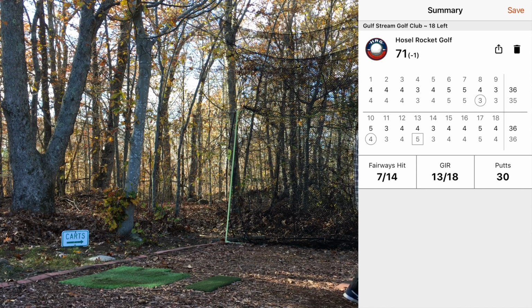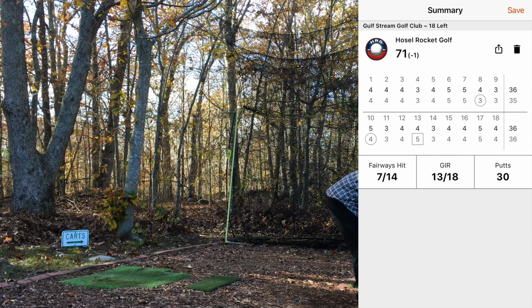Alright, this is going to show or paint a better picture than realistically how I just hit that, but from Gulfstream Golf Club in Gulfstream, Florida. This was a 2014 remodel done by Pete Dye in collaboration with his wife Alice Dye. This was the, again, 18 left. Maybe I'll come out here next time, like I said, and play the 18 right. I wasn't expecting there to be a difference between the two, but